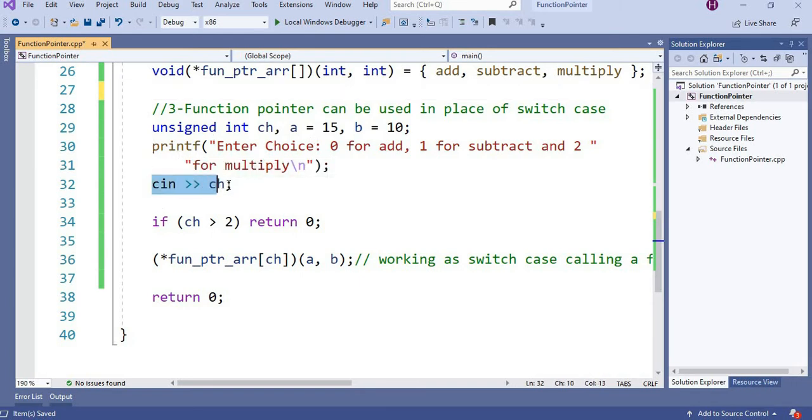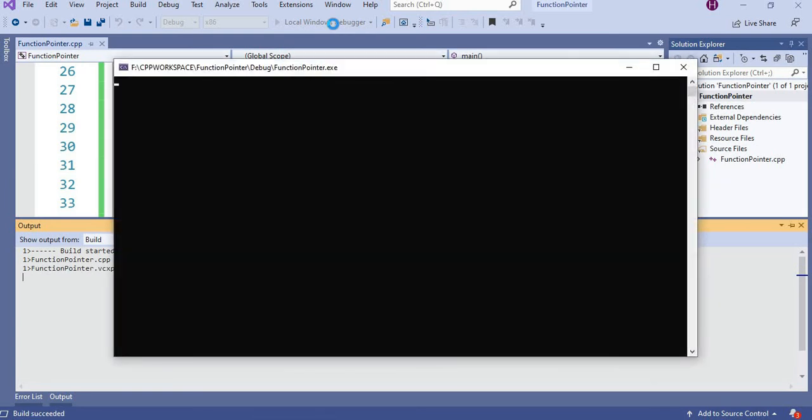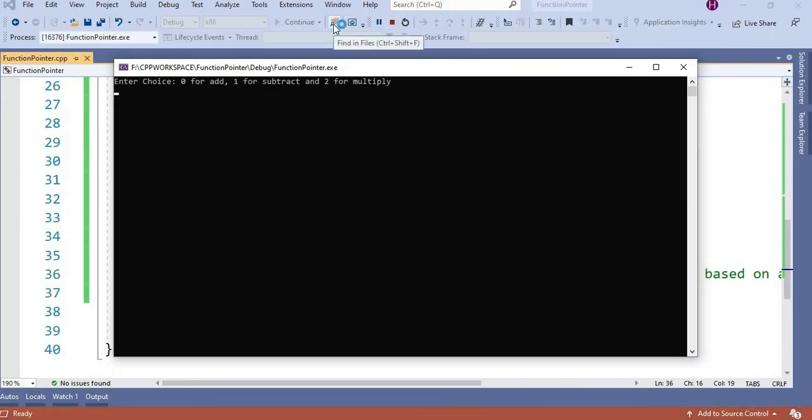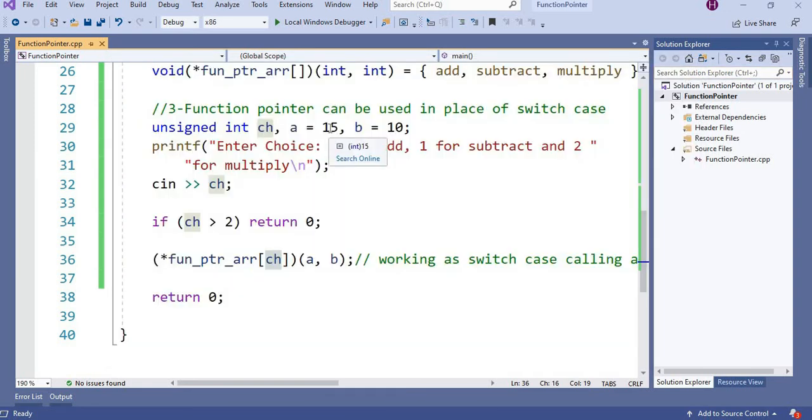Take an input ch. If ch is greater than 2, return 0, and instead of this. So if I run this, enter a choice, I press 1, enter, the subtraction is 5. 15 minus 10 is 5.